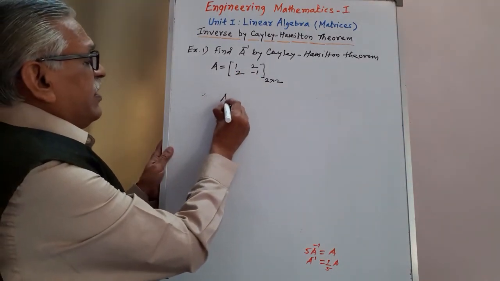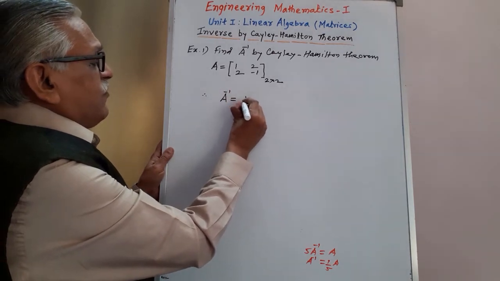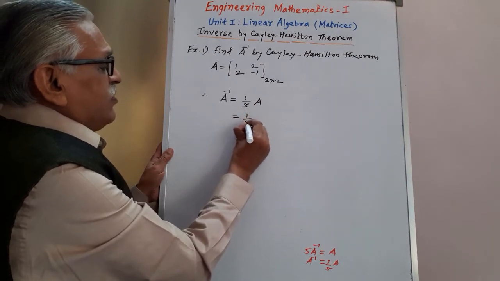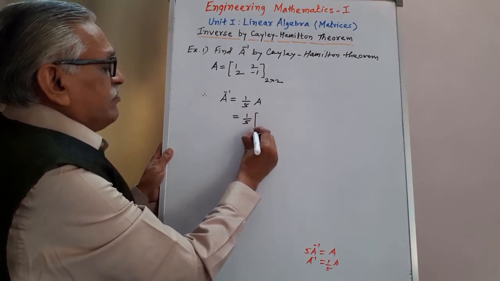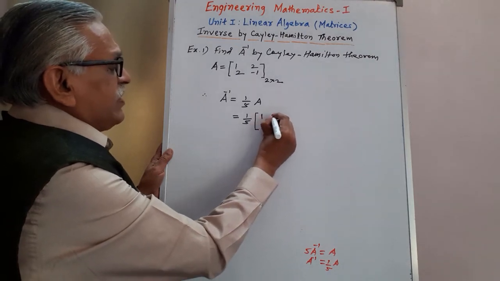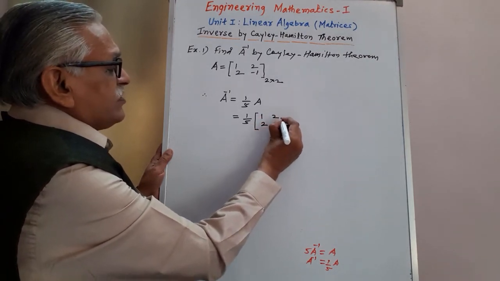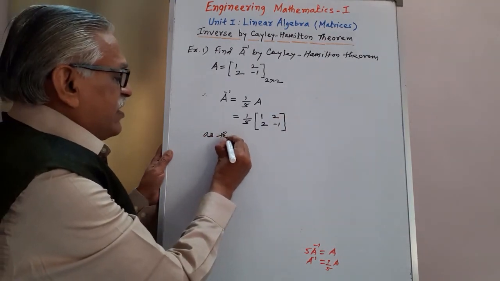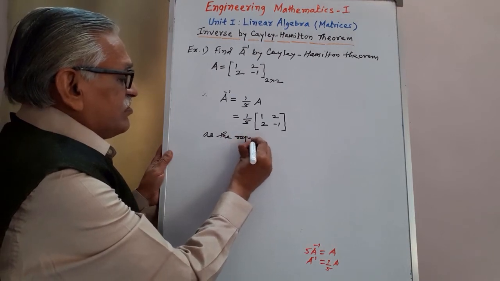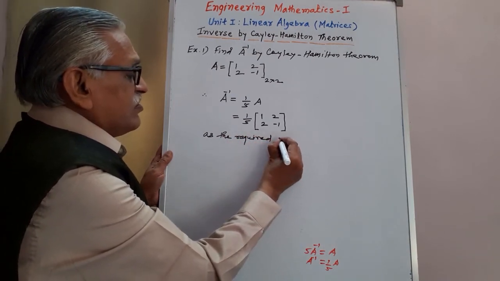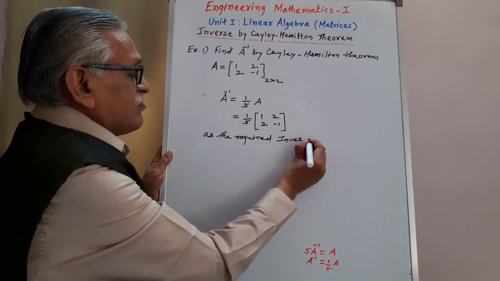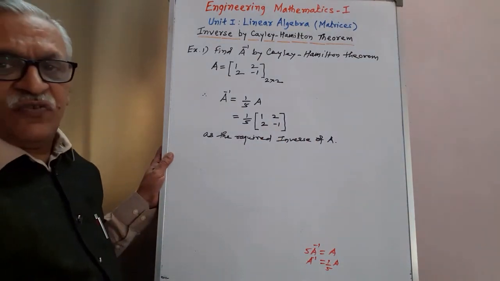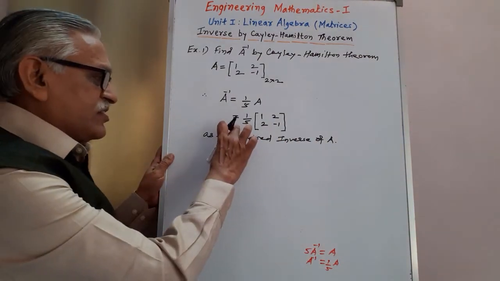Therefore A inverse equals 1 by 5 times matrix A with the elements 1, 2, 2, minus 1, as the required inverse of matrix A. And here also we can cross check whether the obtained answer is correct or not by applying